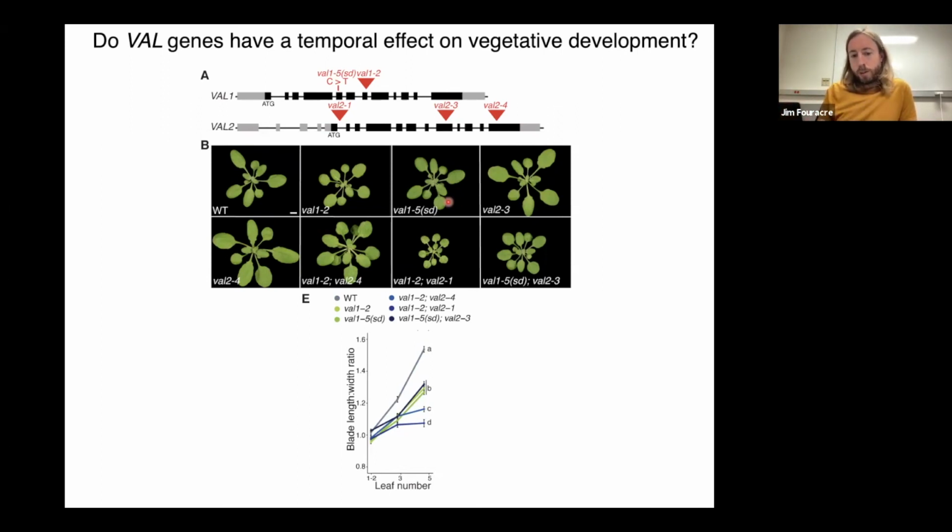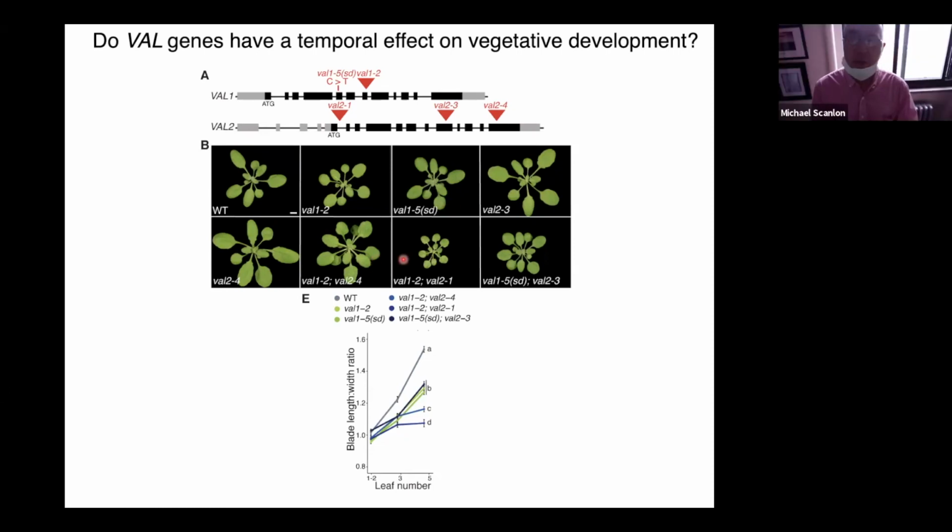So when it's a single mutant, it's got a stronger effect. But when you eliminate Val2 activity, it's not as strong because it's not interfering with Val2, because it's not there. So it's really the two null T-DNAs that have a bigger effect in the double form, if that makes sense. That makes sense. And then the other question was